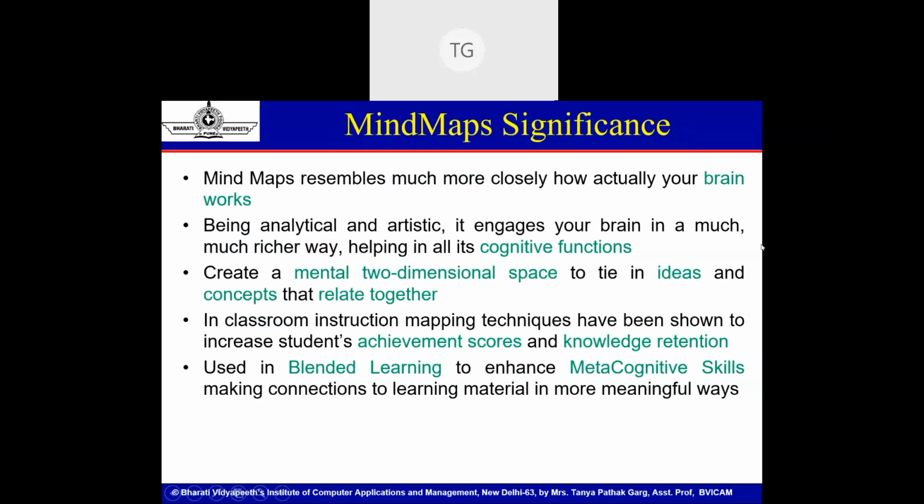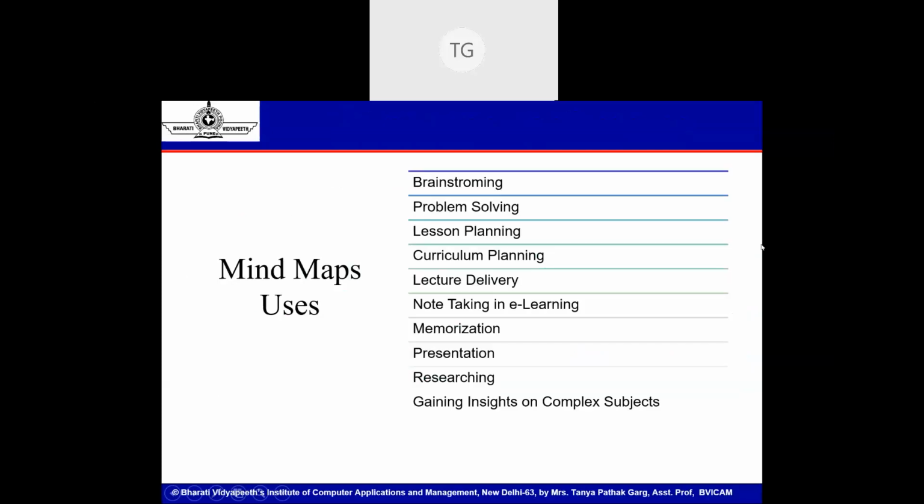Right. So, as I said, where can you use a mind map? Firstly, to brainstorm ideas. If we are in a group, then brainstorming in the same physical space becomes a lot more convenient. But when we are geographically dislocated and distributed, and students have to collaborate on group assignments or perform activities which enhance life skills, it is very difficult to brainstorm together sitting in different locations. So mind maps help a lot in brainstorming ideas.